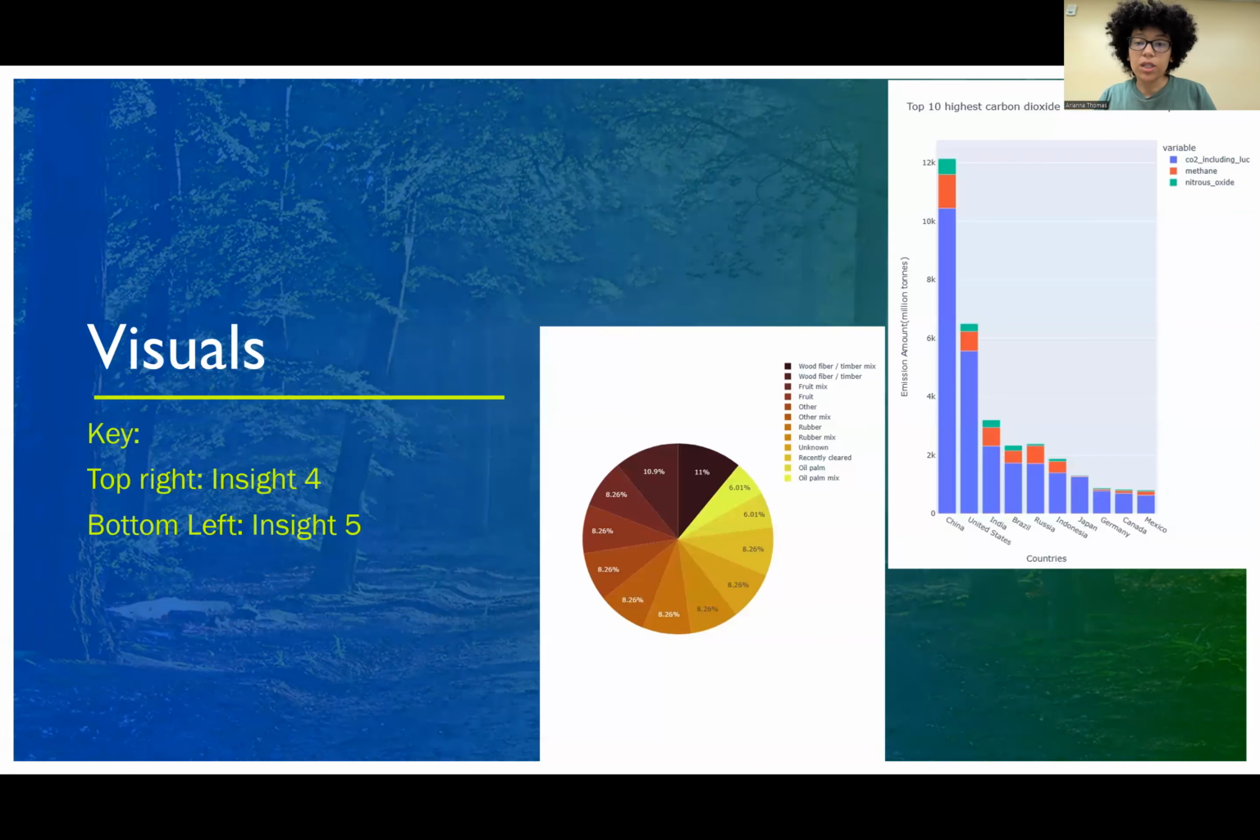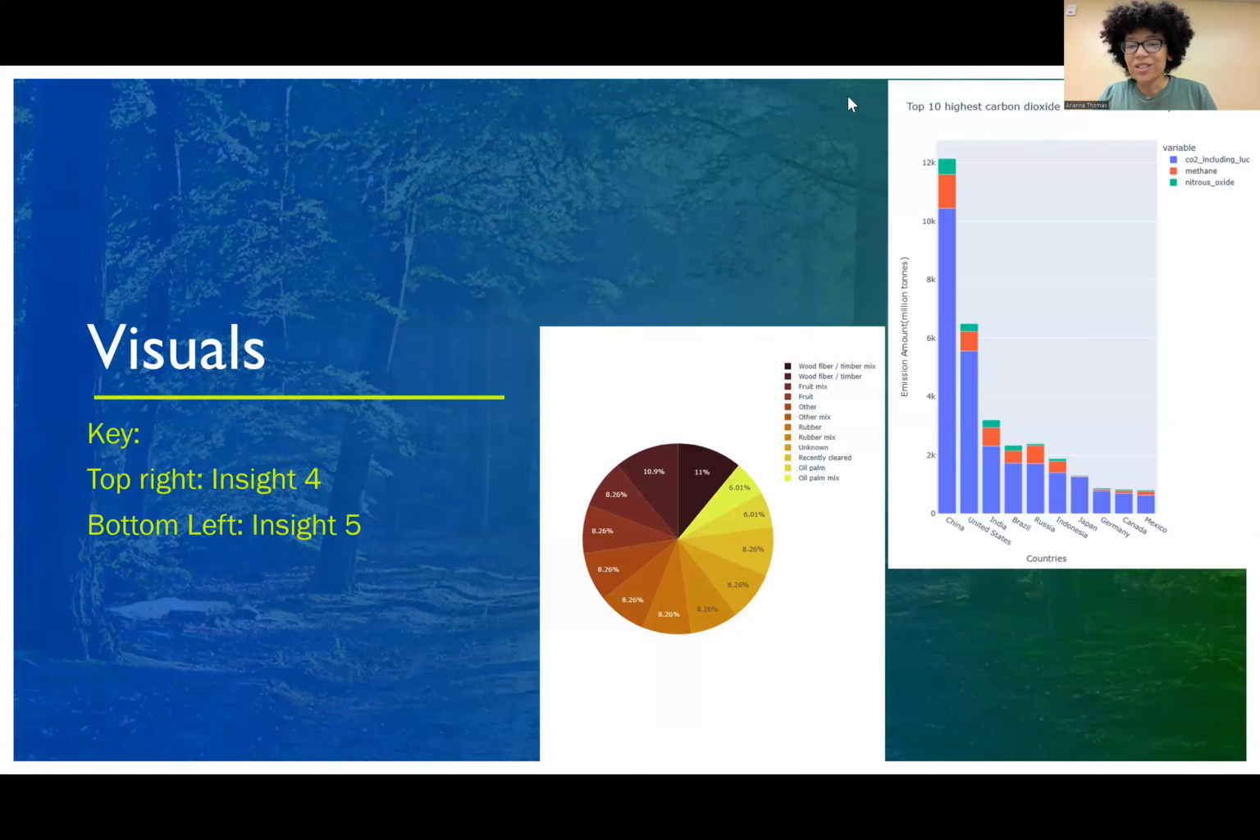And then for my visuals, of course, in my JSON file they had the species, and when I say species, I mean crops and other products. And so I was finding the product that had the highest emission to land ratio, and that would be the wood fiber / timber mix. And then I also found visuals for Insight 5 that were showing, very interestingly, the amount of emissions. Some countries were high in just carbon, but I wanted to see if they were also very high, or how they compared to other countries being high in methane and